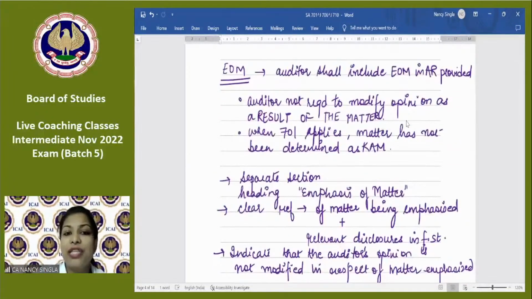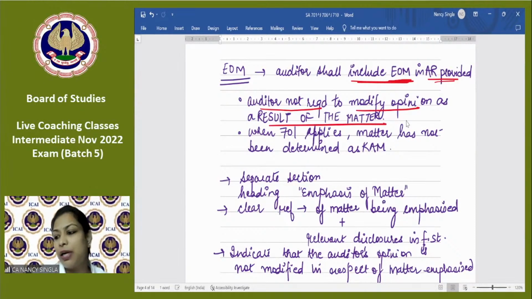Now EOM paragraph shall कैसे आएगा? It shall include EOM, emphasis of matter in audit report. ठीक है. And auditor is not required to modify opinion as a result of this matter. So it is not a substitute for modified opinion. ऐसा नहीं है that this is a matter which leads to modification, that is why we are emphasizing on this matter. No, this is a matter which has been duly disclosed by the management in the financial statement, and as per the auditor's professional judgment, it is important for the user's understanding of the financial statement, इसलिए we are mentioning